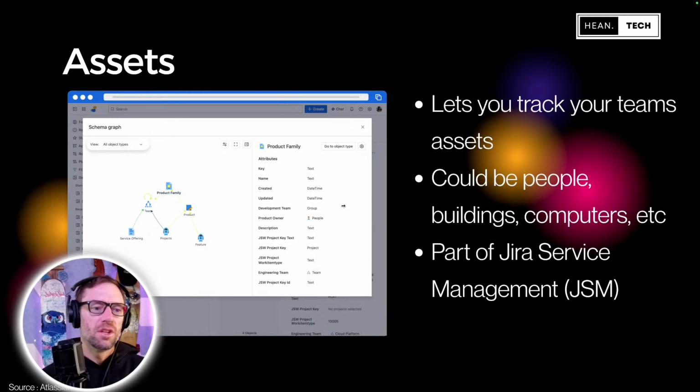Assets are included in Jira Service Management, and there's something you have to turn on under features. So it's not a separate product in that sense, which is why I'm kind of glad they're calling them apps. You don't go pay for assets. If you have Jira Service Management, you have assets. But the thing to consider about assets is that it's not just, again, your computers and laptops. It could be anything you want to track, essentially.